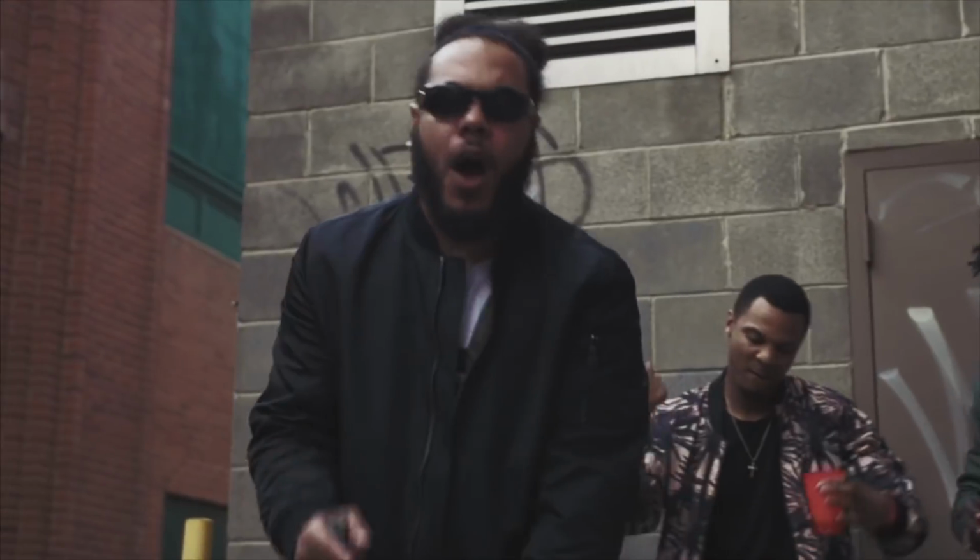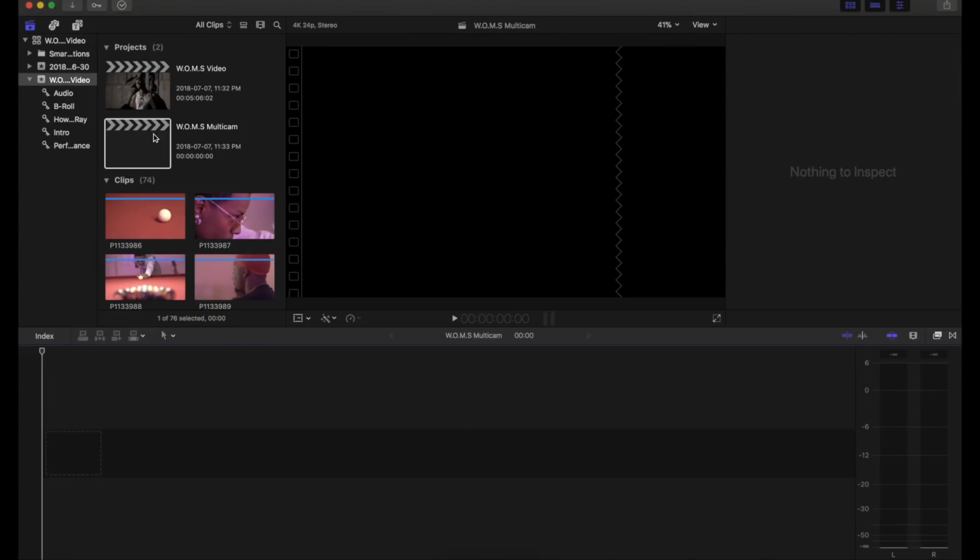This is, in my opinion, the easiest and cleanest way to edit your performance scenes in Final Cut Pro 10. It is called a multicam clip. A multicam clip is basically one separate clip in your timeline that contains up to however many performance scenes you have in your music video, all in one isolated clip, which makes adding B-roll over top super easy, which I'm going to show you guys right away.